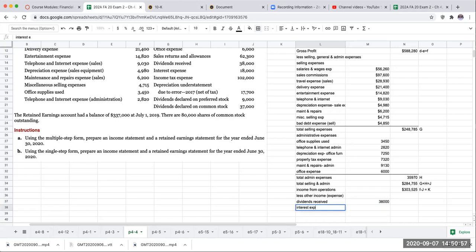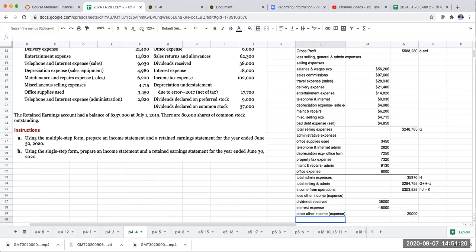Interest expense, $18,000. That is a negative. And I think those are the only two items impacting us that way. So our total other income and expense is going to be